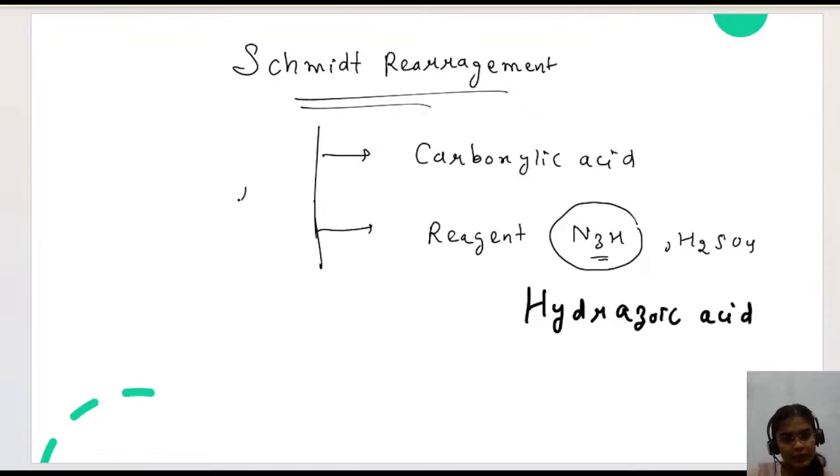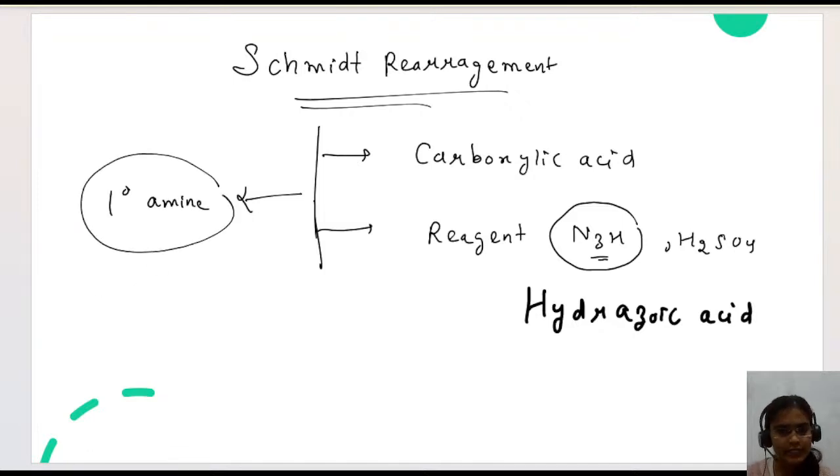And again, every time the final product is going to be the primary amine. For every kind of rearrangement, primary amine only. So now let's write the general reaction first of all, then again the mechanism part. So how about the general reaction? If we are discussing a general reaction,